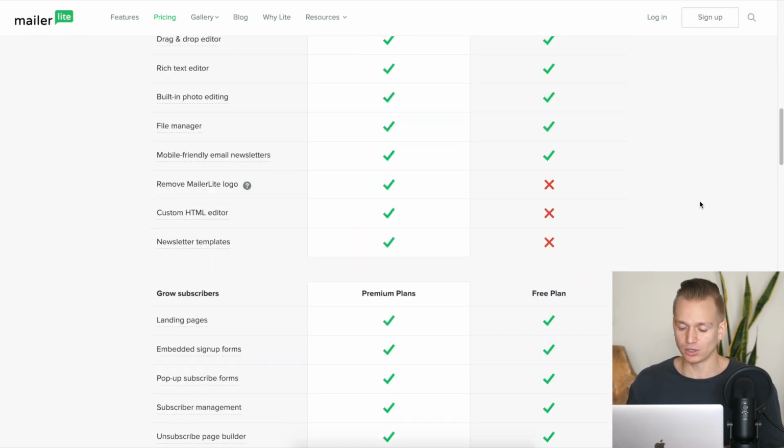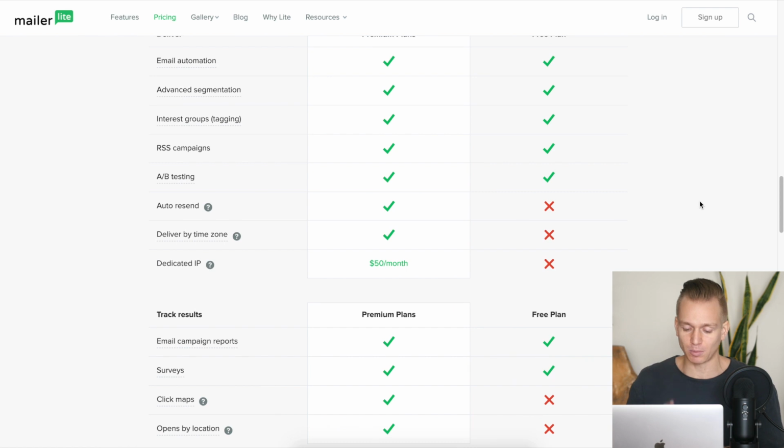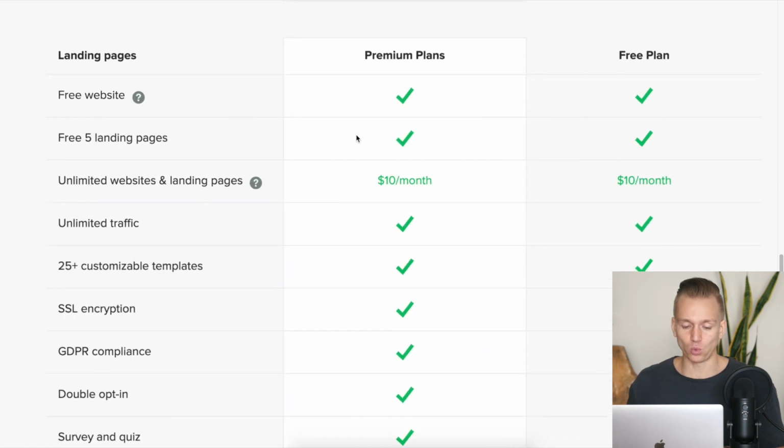And if we look at all of the features, one thing to keep in mind as well: you will get one free website and you will get 5 free landing pages with any of the plans, even on the free plan, which again is insane. And if you want to have multiple websites and multiple landing pages, you will need to pay an additional $10 a month. But again, for unlimited websites, unlimited landing pages, unlimited traffic, I think that is